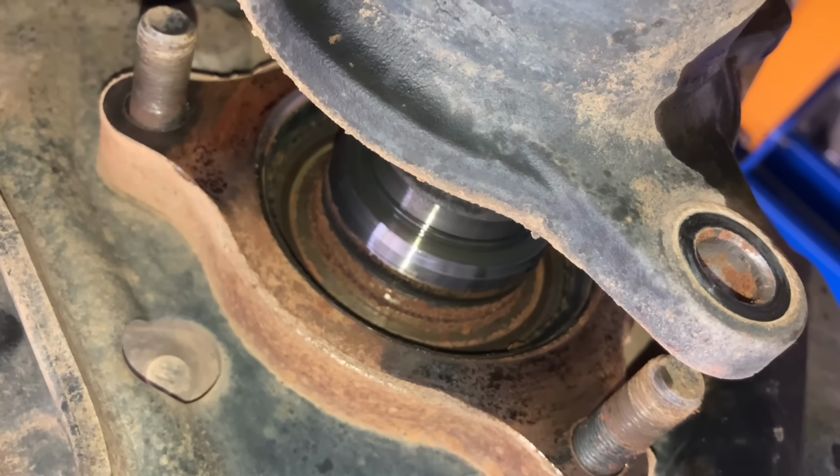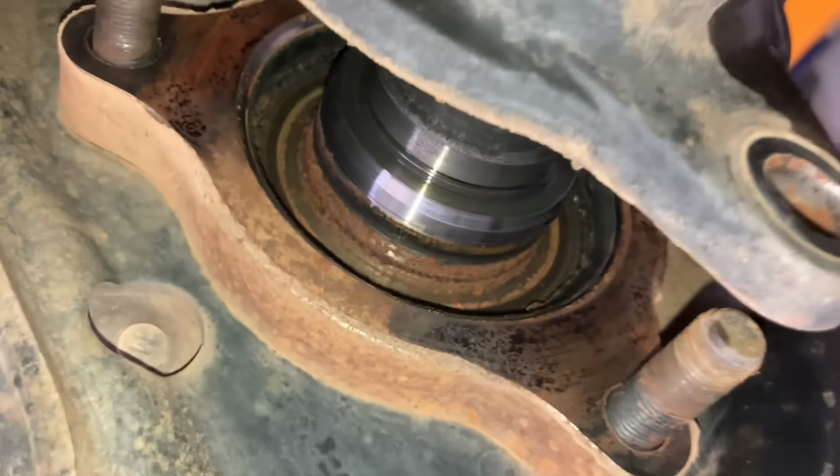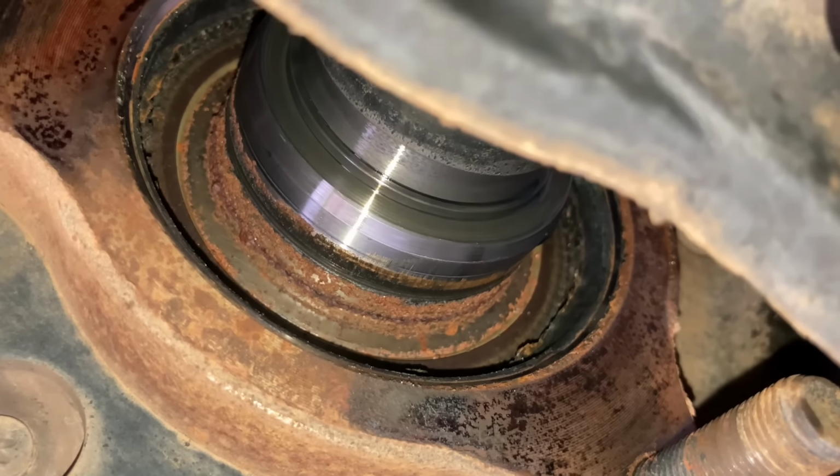That means a bit of water's got in there. And this bearing is, what's the word when it's questionable? It's,